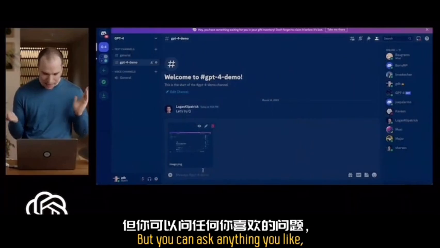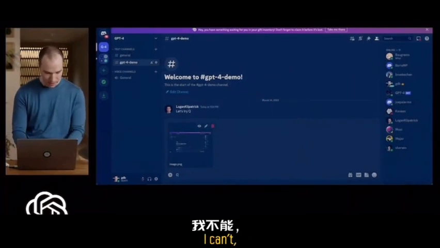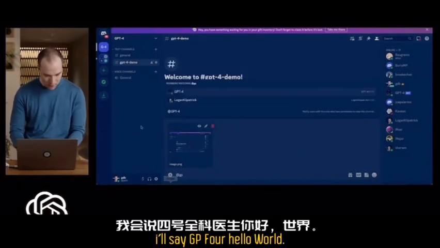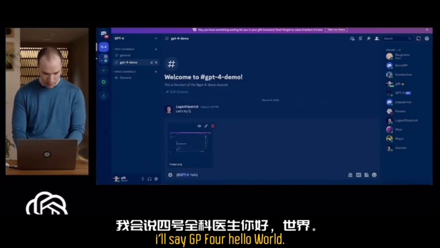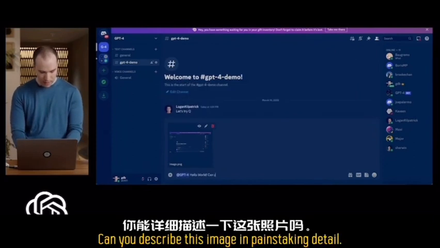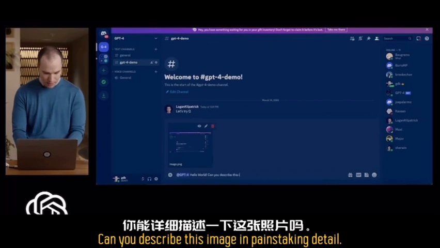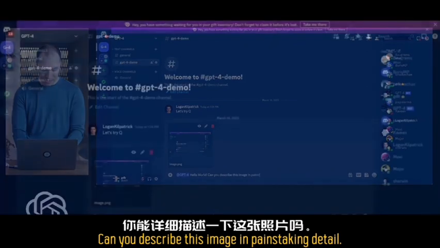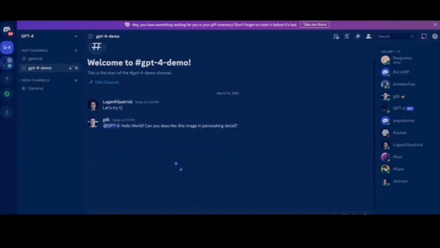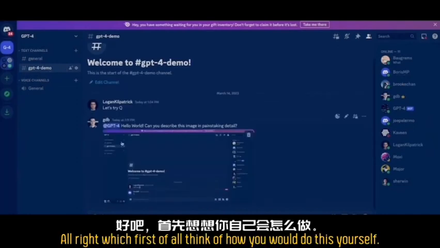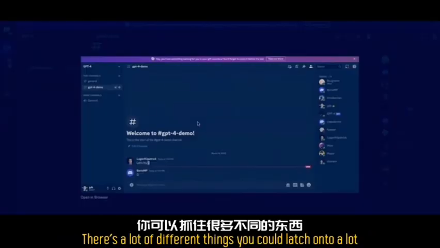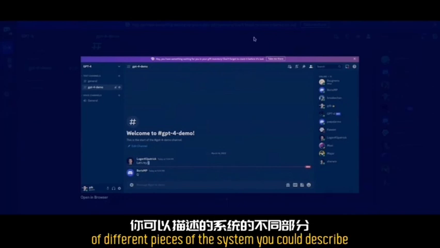But you can ask anything you like. For example, I'll say GPT-4, hello world, can you describe this image in painstaking detail? All right, first of all, think of how you would do this yourself. There's a lot of different things you could latch onto, a lot of different pieces of the system you could